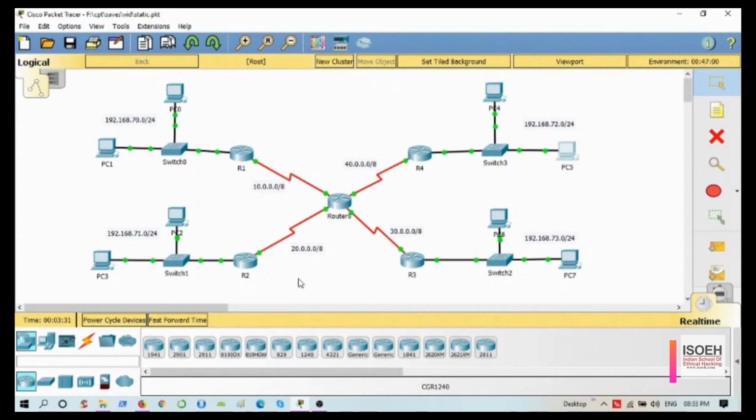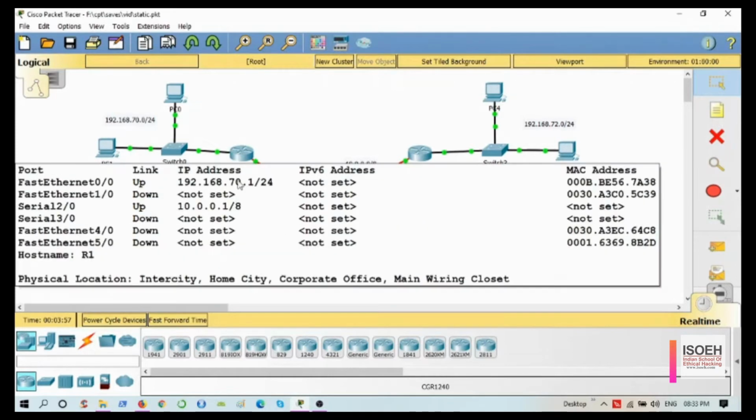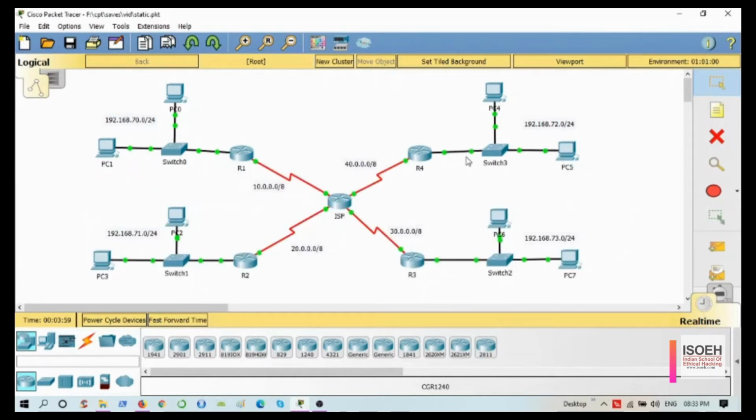Hello everybody, today I am going to show you how to configure static routing in Cisco Packet Tracer. Here we have 4 routers R1, R2, R3, R4 and a middle router which I called ISP router, which is connecting all these other routers together. Each of these routers R1, R2, R3, R4 is also connected to its own local area